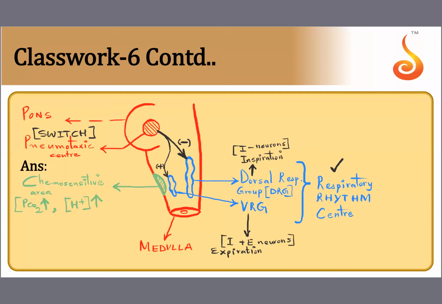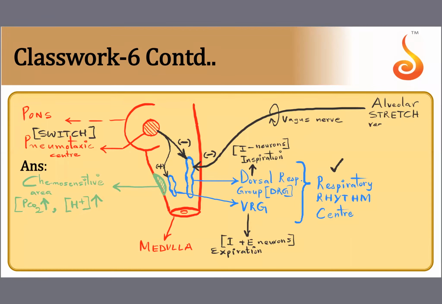Then there's one more thing I want to tell you here. There's a nerve actually. This nerve also sends an inhibitory signal to the dorsal respiratory group, asking the dorsal respiratory group to actually stop firing. Again, if the dorsal respiratory group stops firing, then obviously you're going to stop inhaling and you're going to start exhaling. So this nerve is actually the vagus nerve. And you know where this nerve originates? This nerve originates from your alveolar stretch receptors.